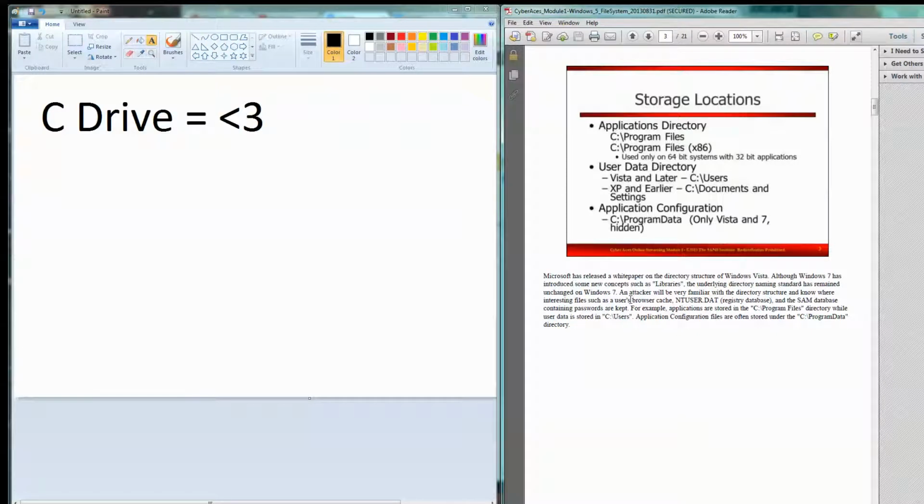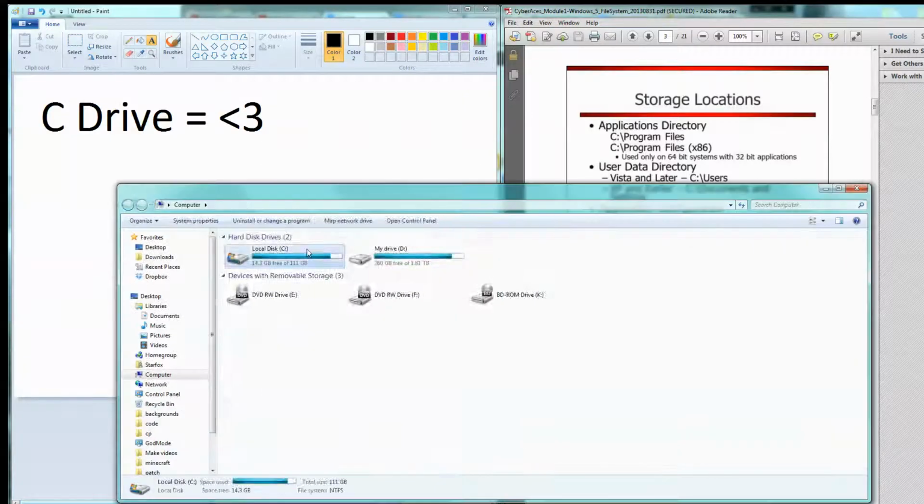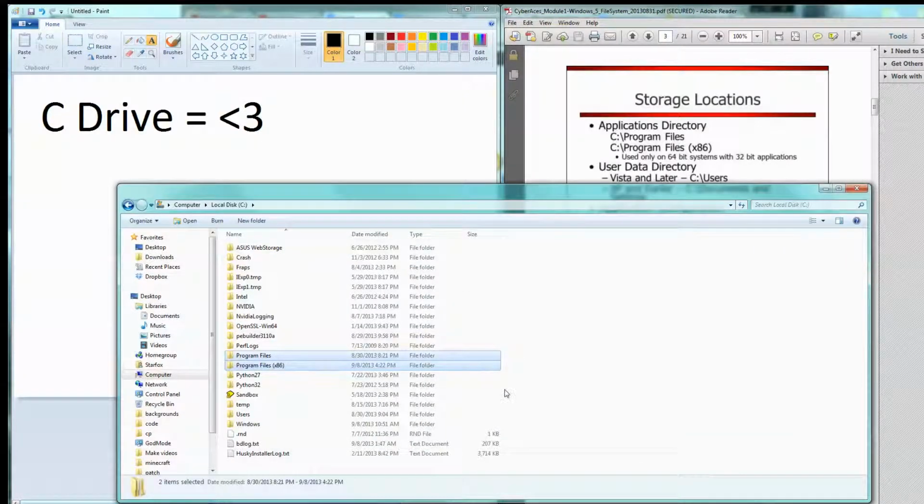So this is a big one, because not always, but sometimes, if I remember correctly, Cyber Patriot does not use 64-bit software or operating systems, because they want compatibility with everything. They don't want any teams to not be able to compete. But if you ever open up Computer and the C drive, these two right here, Program Files and Program Files (x86). So Program Files is the 64-bit folder. So if you have any programs that utilize 64-bit,